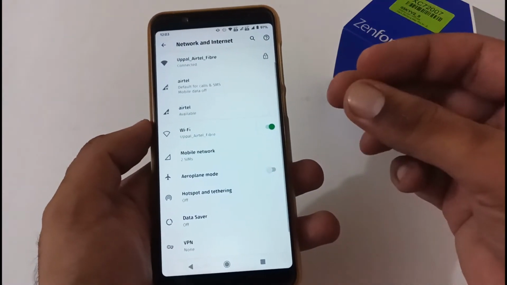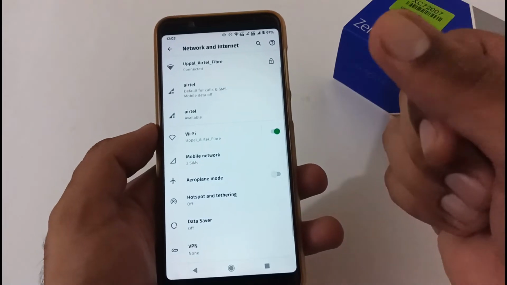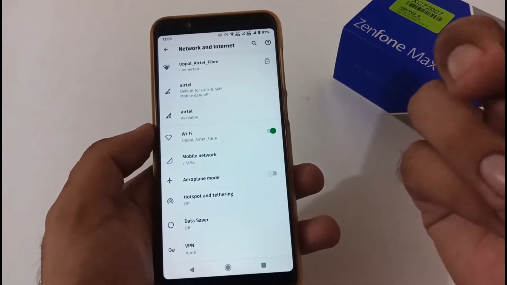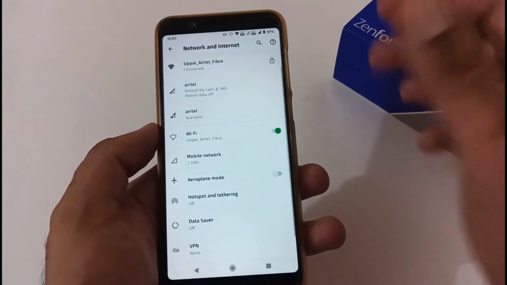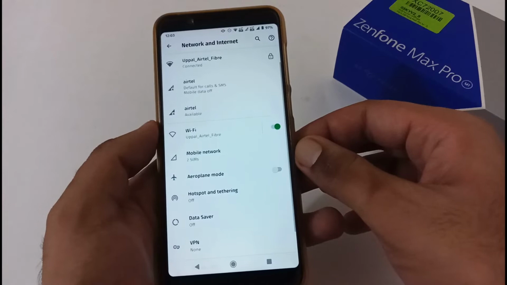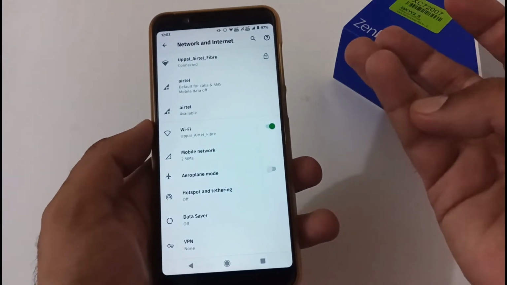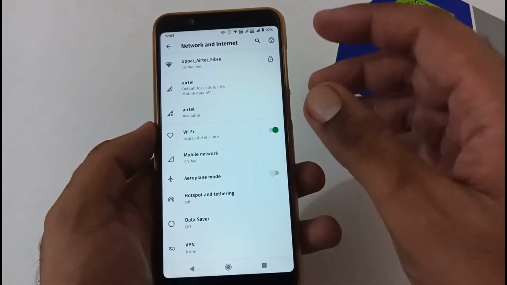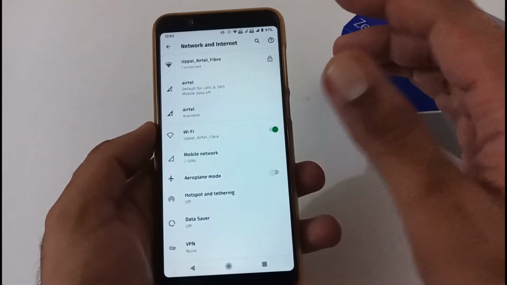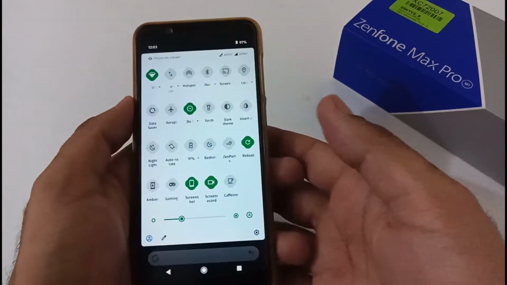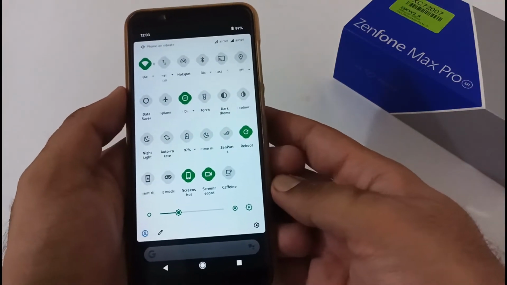I have seen just one or two times when I was in a call and tried to record, and it was showing me that call recording is unable to start. But apart from that, it was working absolutely fine in all my calls. And apart from this, Wi-Fi connectivity, mobile internet, SMS and calls are all working fine. There is no glitch with the connectivity in terms of mobile connections, mobile internet data and so on. So after network and internet, now let's move to the quick settings.